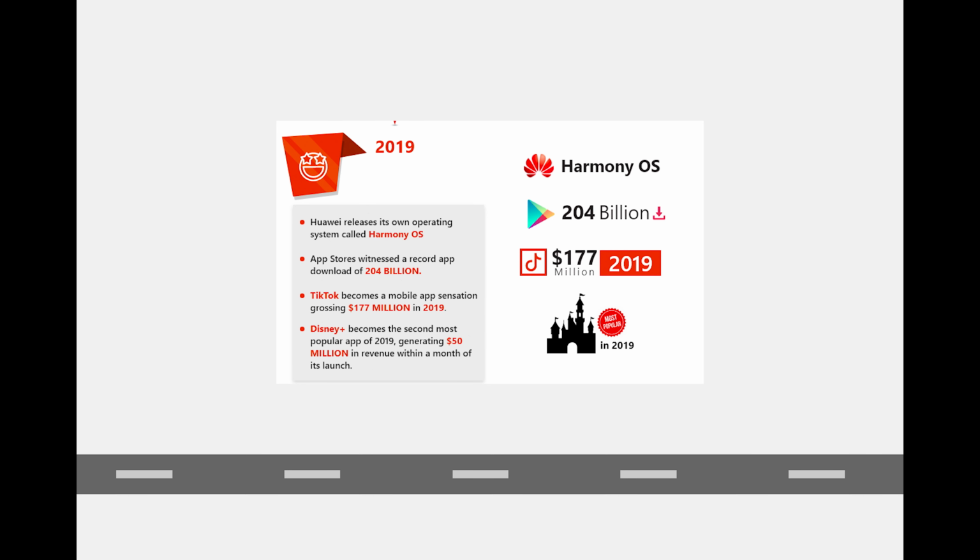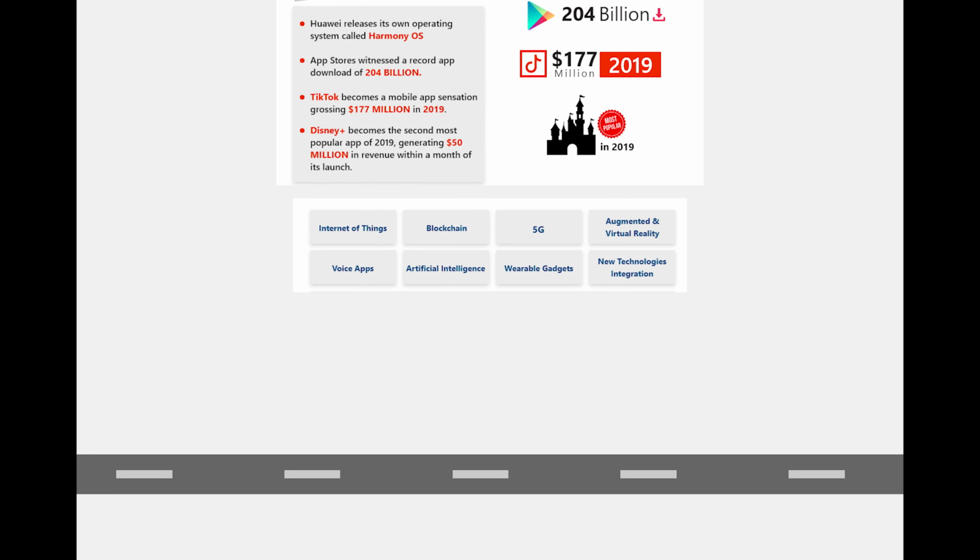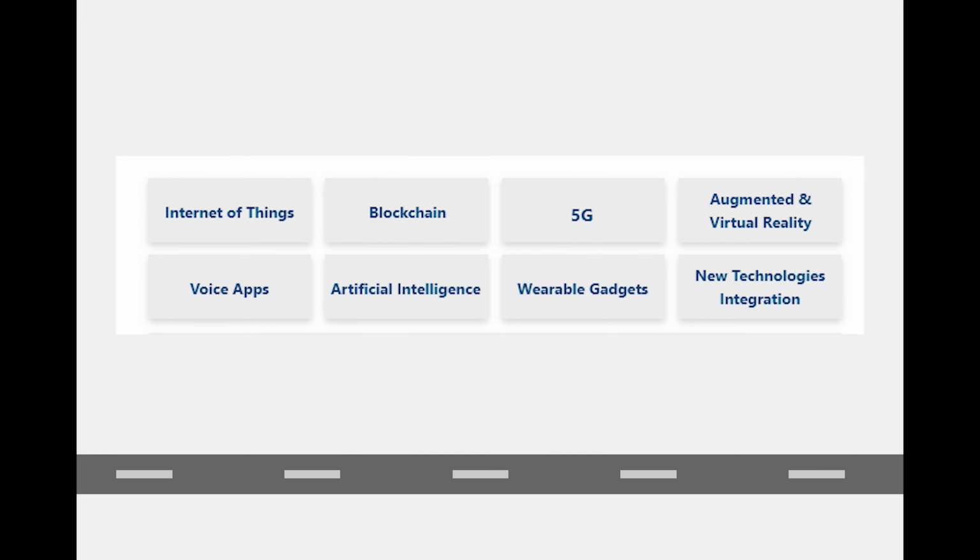And then now we cross over to 2020, 2021, 2022. We see that app trends are going up, and over the next 3 years we see that app technology is going towards different sectors, and we've seen the emergence of blockchain, Internet of Things, voice apps, AI, wearable gadgets, and augmented reality.